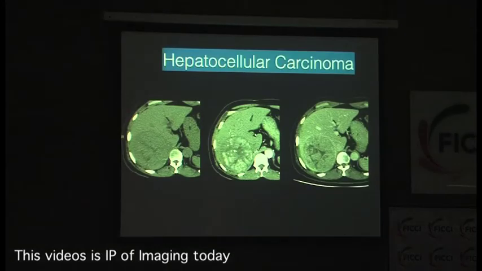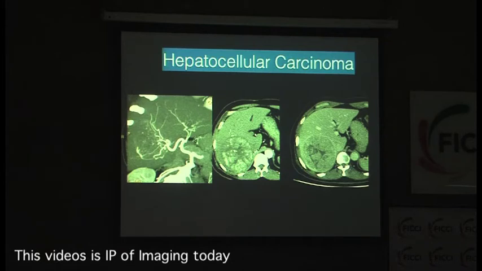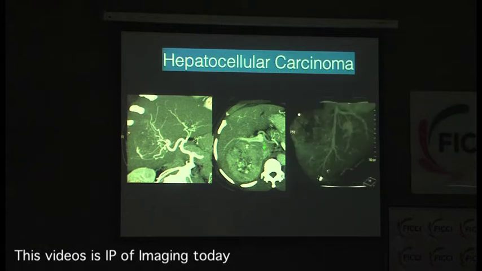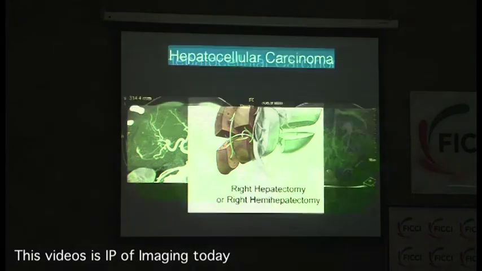So there is another HCC. Ideally the BCLC people would have a fit if they saw us trying to remove this, but we still go ahead and resect it. This is certainly not 2 cm, certainly not 5 cm also. Okay, a separate artery behind the right portal vein, although it is touching it. And you see that green arrow? So lots of times people who are looking at these tumors forget to look at the tumor plane with the IVC, right? That is something you should always take care of. And that is the MHV, it is to the right of the MHV. So right of the MHV you will do what? Right hepatectomy, fine. So that's done, great.